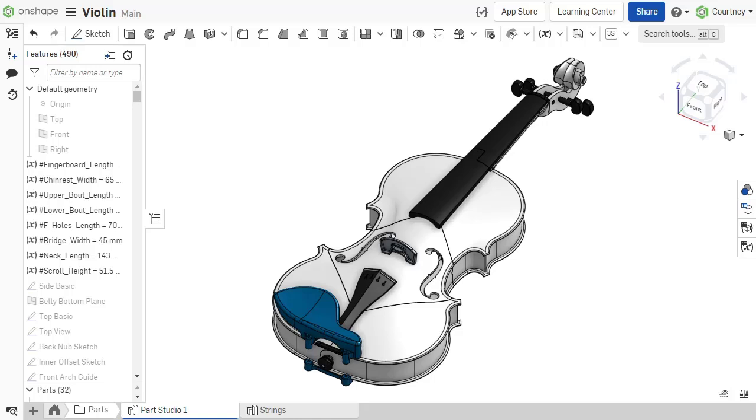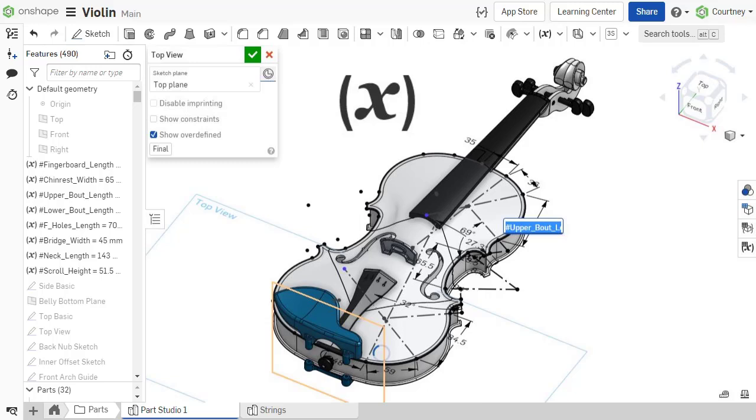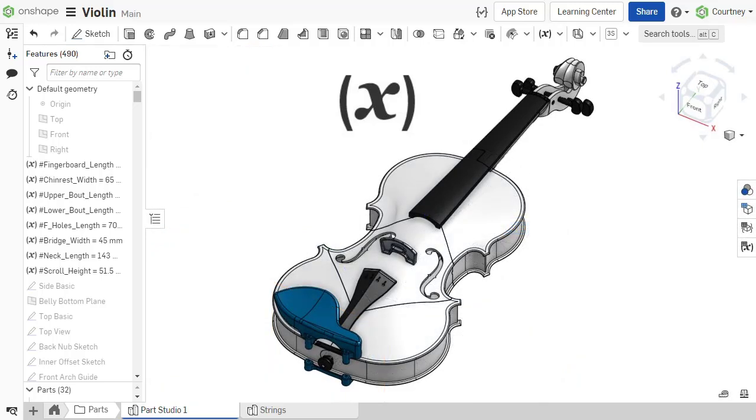Enhance creating master models by using driving parameters with variables. Variables can be assigned to unlimited dimensions and expressions for a single location to update all linked values at once. Variables are features in Onshape available in Part Studios and found alongside the rest of the features in the feature